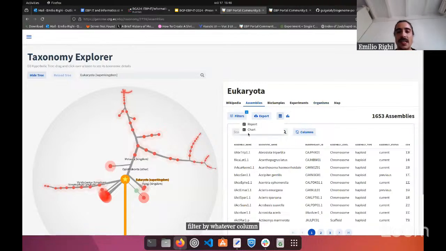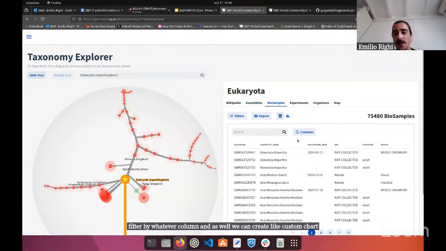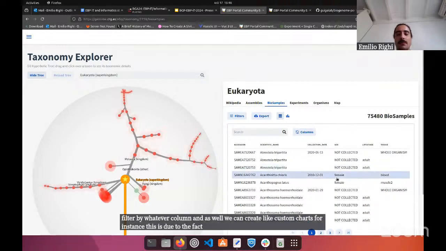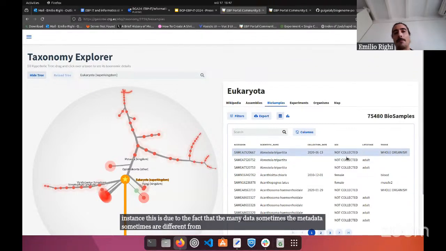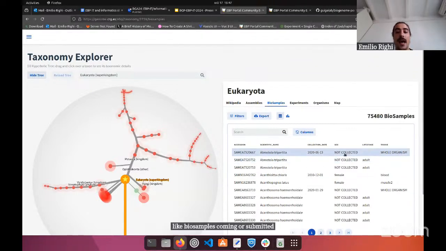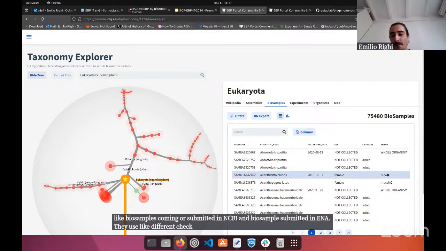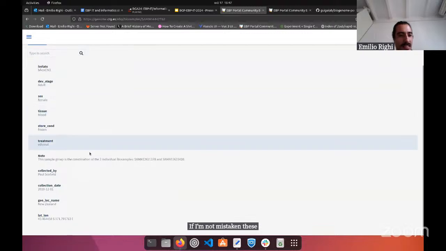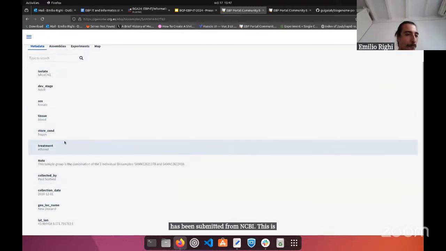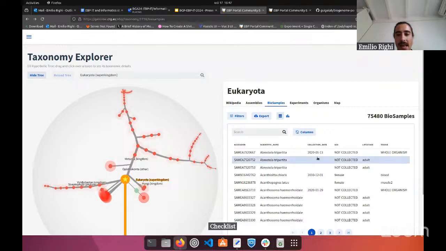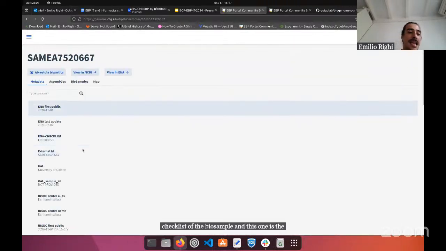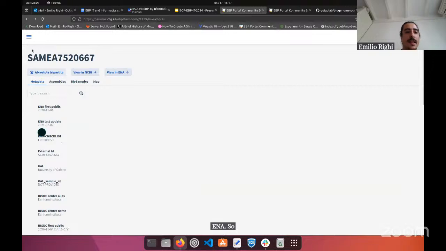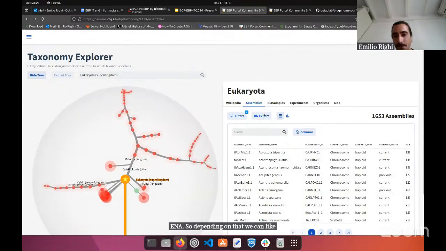And as well, we can create custom charts. For instance, this is due to the fact that the metadata sometimes are different between biosamples submitted in NCBI and biosamples submitted in ENA. They use different checklists, as we can see here. If I'm not mistaken, this one has been submitted from NCBI. Yeah, this is the NCBI checklist of the biosample, and this one is the ENA. So depending on that, we can filter different